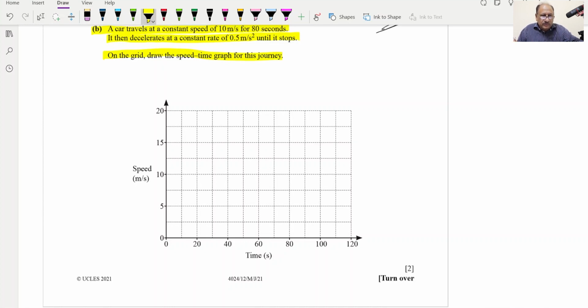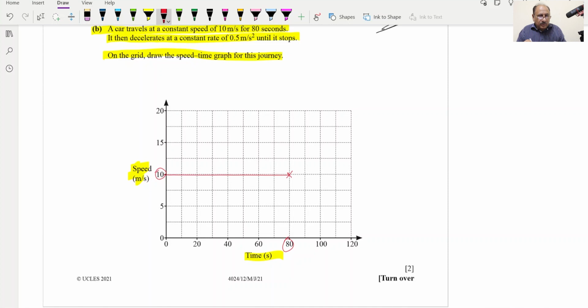So the car travels at a constant speed of 10 meters per second. This side is speed, this side is time. 10 meters per second will be over here, for 80 seconds, and 80 seconds is this one. So up to this location we will draw the straight line,